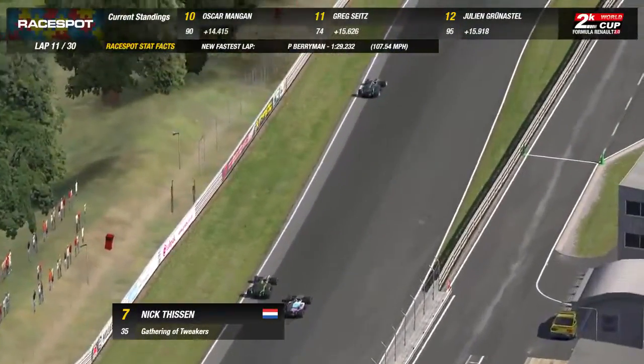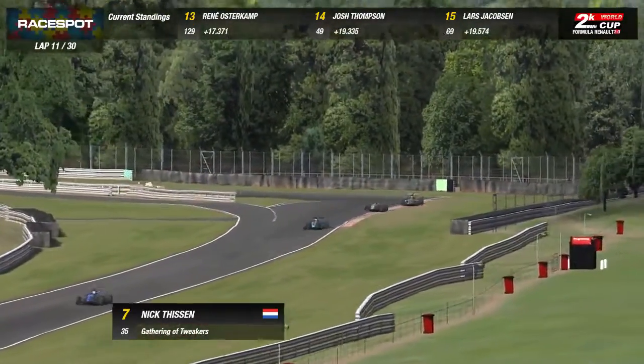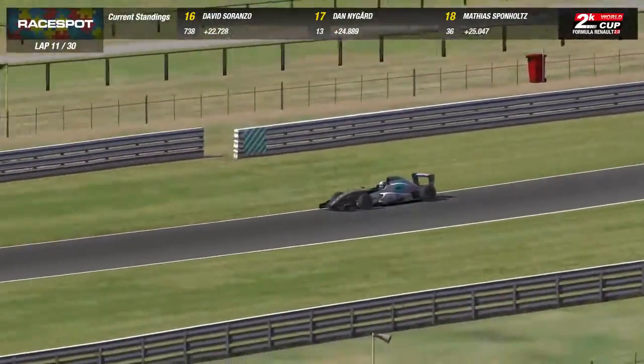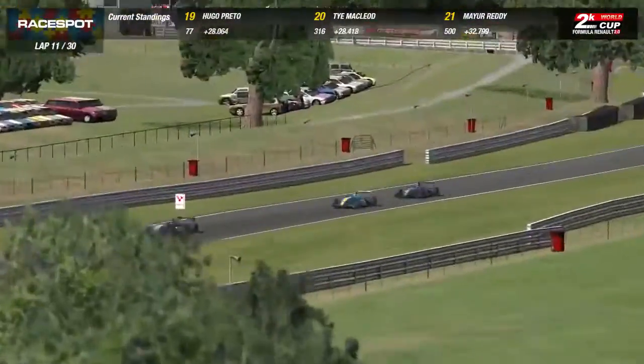Looks to the inside. Does Nick Thyssen get that move done? Down to the inside. No, doesn't happen. Pinched on the curb and nowhere to go. And the gap from what was literally nothing, Will, already 0.6 of a second. And that's the thing. If you battle here, you've got to remember the fact that it can all come unglued